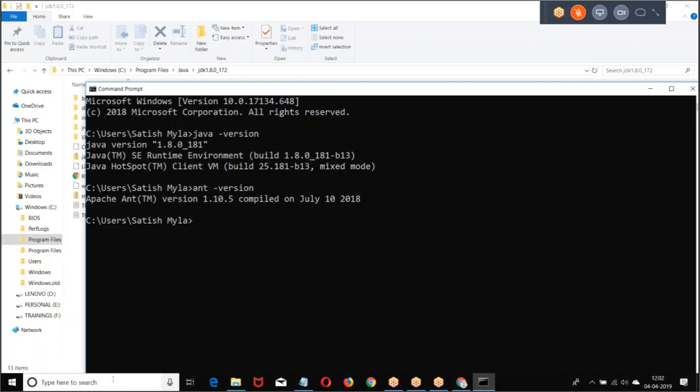The Ant file you downloaded, you created an environment variable ANT_HOME. In the user variables, you create ANT_HOME; in system variables, path, edit, okay, semicolon, whatever the bin folder is. Home is without the bin folder, path is with the bin folder. Then save it. Come to the command line and check whether they are available or not. This is the first thing.